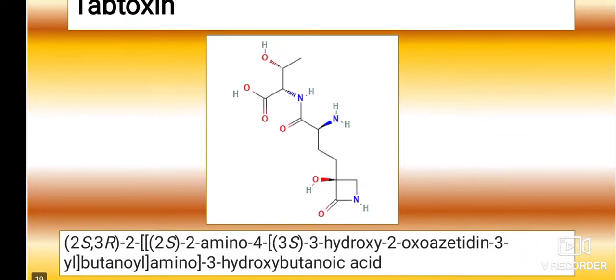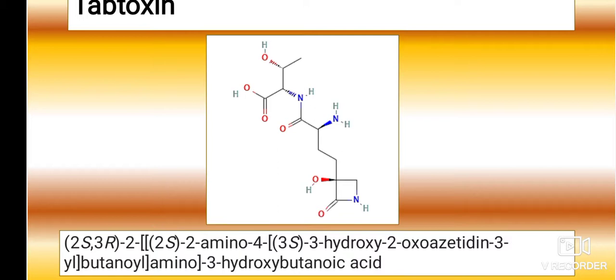You can see it is a 2-amino-4-(3-hydroxy-2-oxoazetidine). So there is a presence of an azetidine ring. It is a 4-member ring containing 1 nitrogen and 3 carbon. To that azetidine ring there is a hydroxy group at the third position, so it is 3-hydroxy. There is an oxo group at the second position, so it is 2-oxo. So 3-hydroxy-2-oxoazetidine, and a ring attached to the chain of carbon